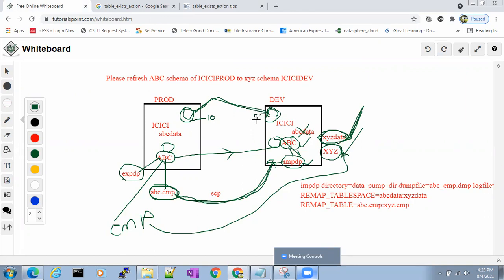Here you have 5 rows. So what it is doing is, at the time of import, you have already exported these 10 rows, and now you are importing here. It will not touch these 5 rows. But whatever the difference is, the remaining 5 rows, it will import here. It will import the remaining 5 rows, and then it will also become 10 rows in the table.